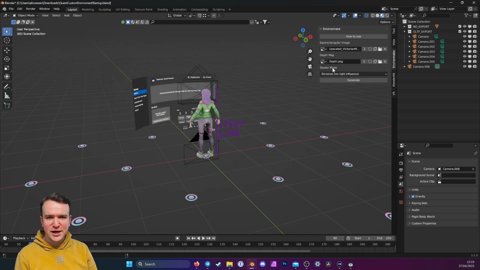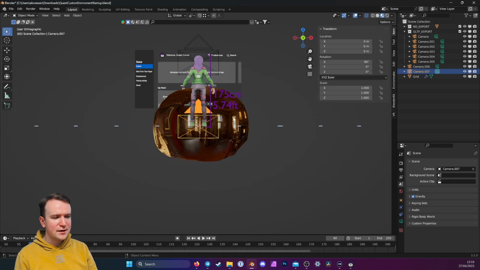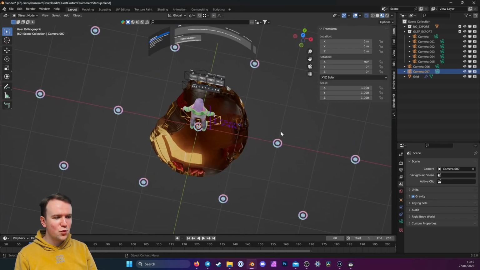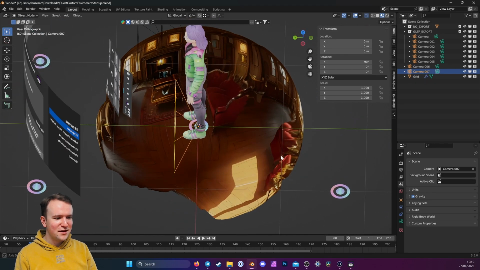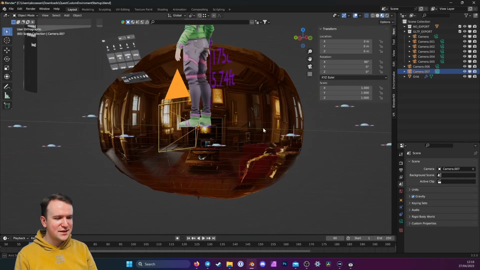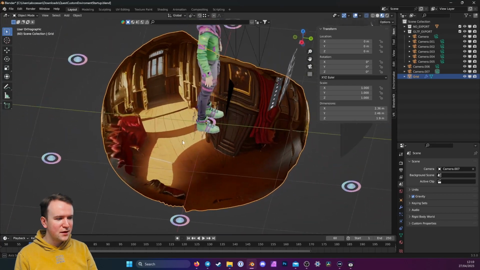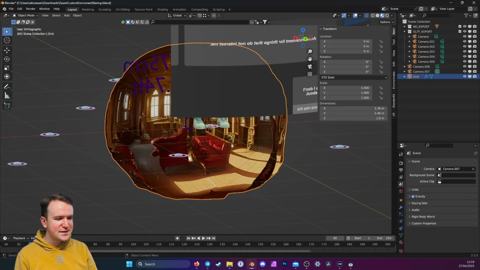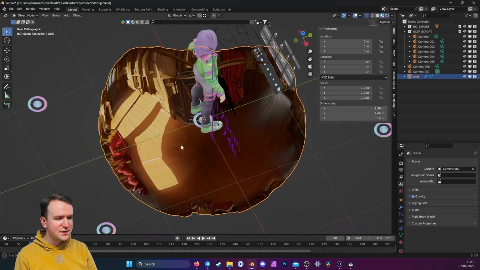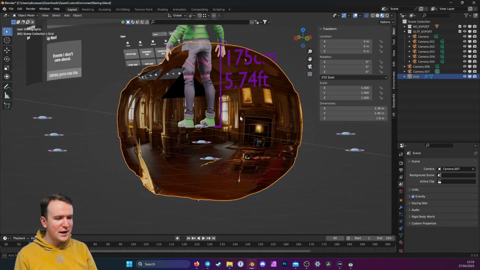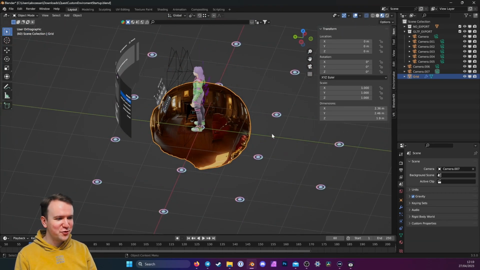You don't have to change the shader mode at all, just leave it on emission and hit generate. And then less than a second later, you'll find this weirdly shaped little sphere in here. And if you look closely, you'll be able to see that this is actually our texture, and it has displaced our furniture. So you can see the furniture is a little 3D, and the room has some actual shape. So this worked pretty well.